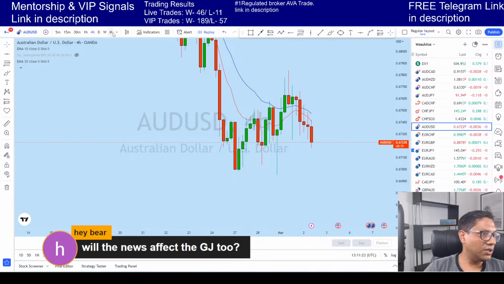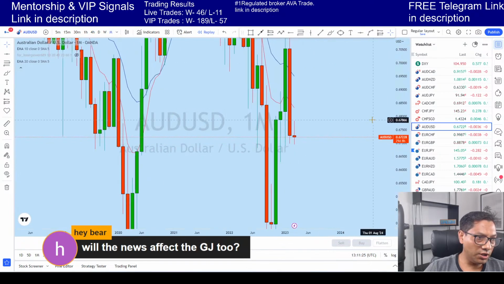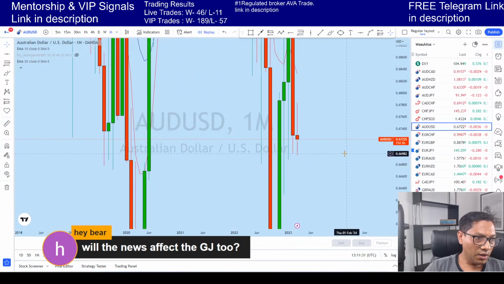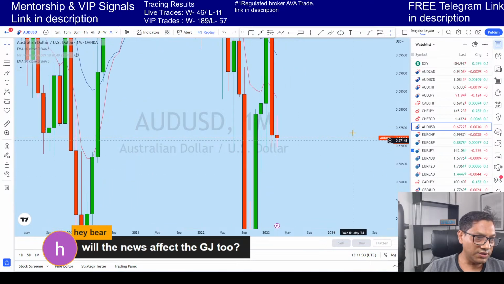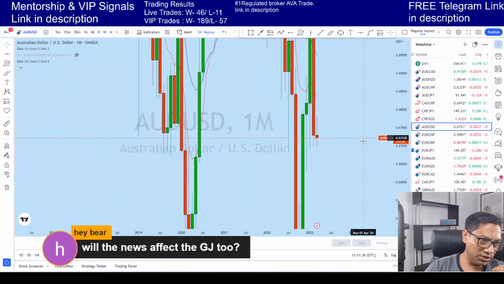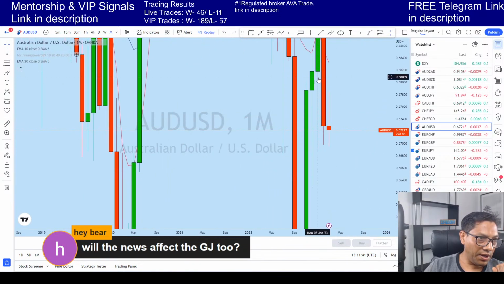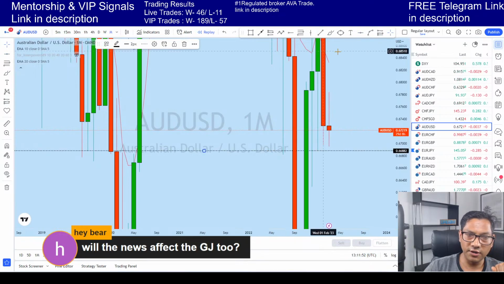So AUD USD, looking at the monthly again, we saw from the monthly perspective, there is something that I see on AUD USD, guys. You see there is a big long monthly candle. Try to understand, this is the support of this monthly candle. All right, this is the support. That means that from this point on AUD USD on the monthly, there was a big buying that happened here. Big move to this zone.